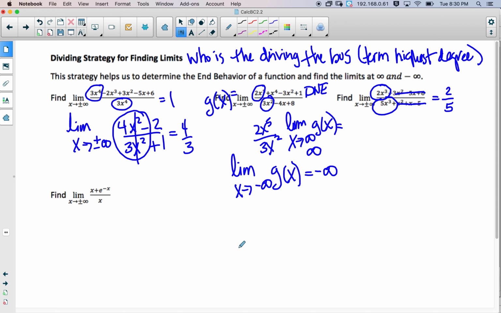Okay? And then finally, we're going to use this strategy of property of limits like we did earlier, and we're going to divide each term. So we're going to take the limit as x approaches plus or minus infinity. X divided by x is 1 plus e to the negative x over x. Do you see how I divided both terms by x? So the limit of 1 is just going to be 1. So this is going to equal 1 plus the limit as x approaches plus or minus infinity